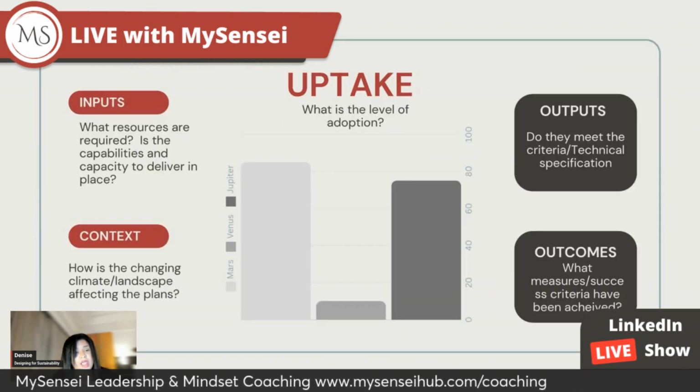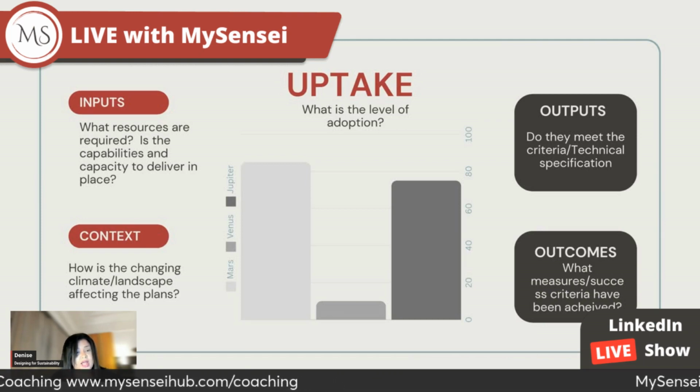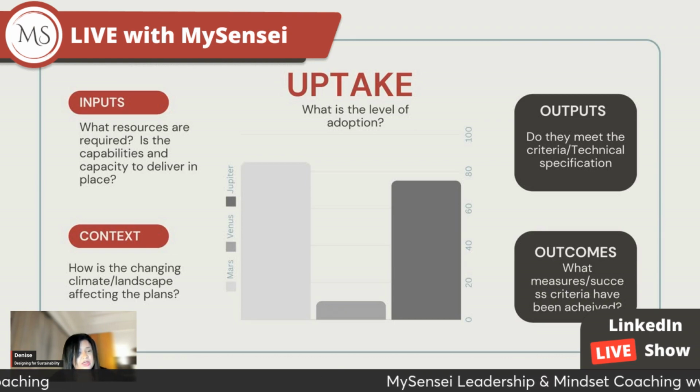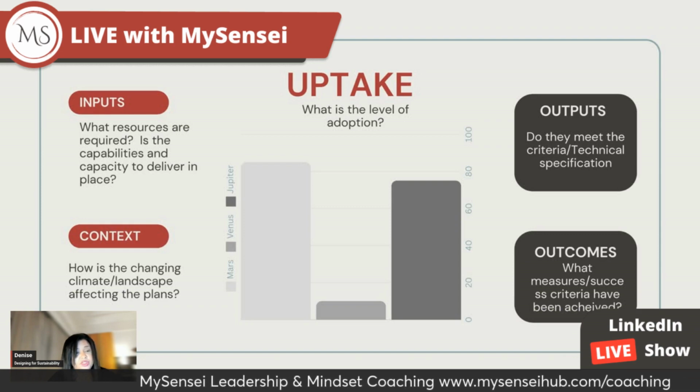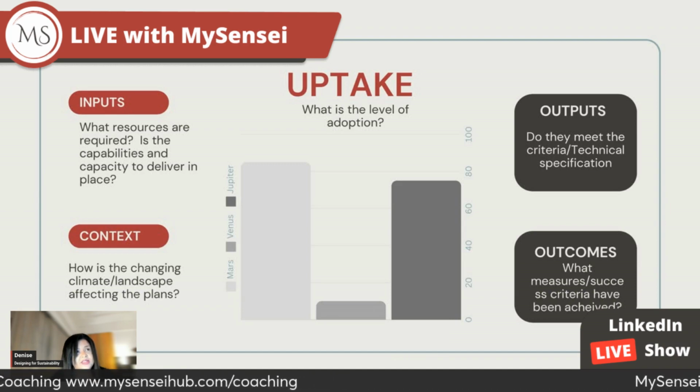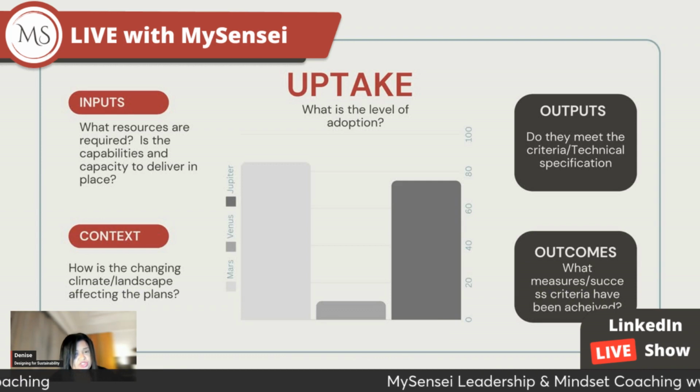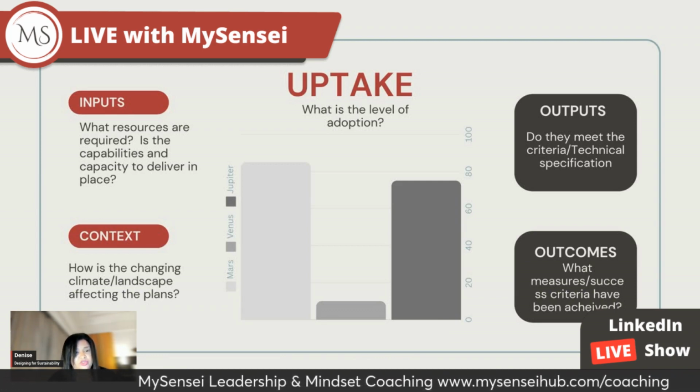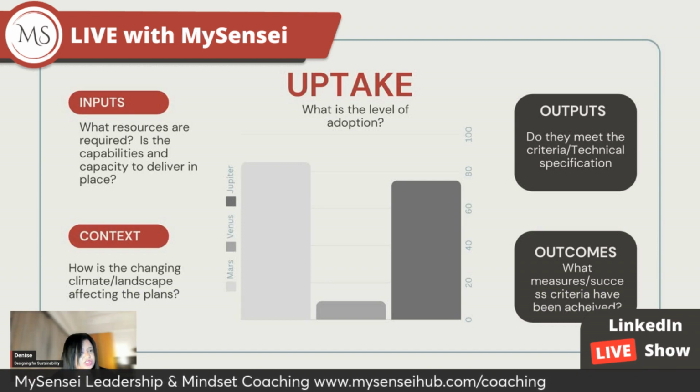So looking at the different areas now that you would look at, and I've added uptake in the middle there because it's something that tends to be ignored a lot, but is actually quite important. So you would have your inputs, and inputs are important in as far as making sure that you understand what the business is organized to achieve. So, when you look at it in terms of strategy, and I love the strategy.